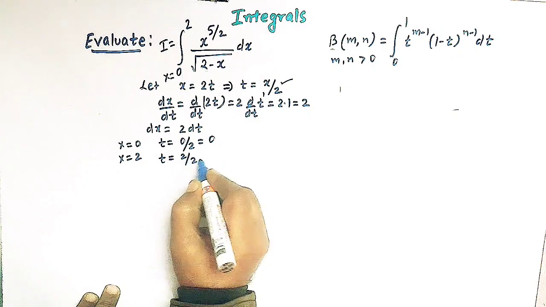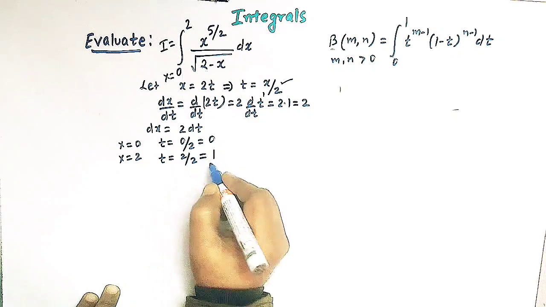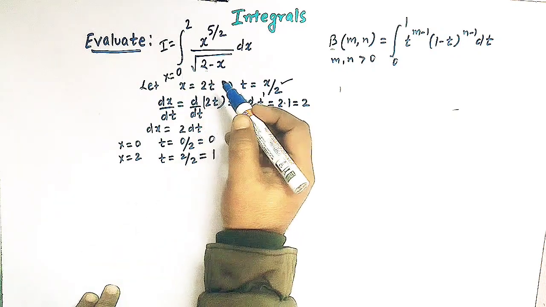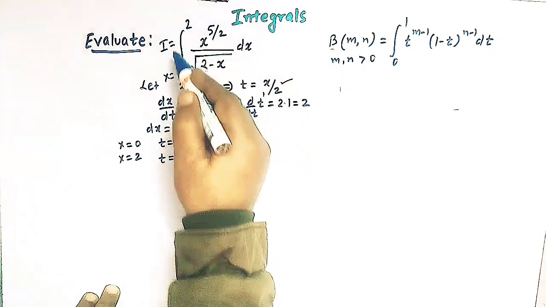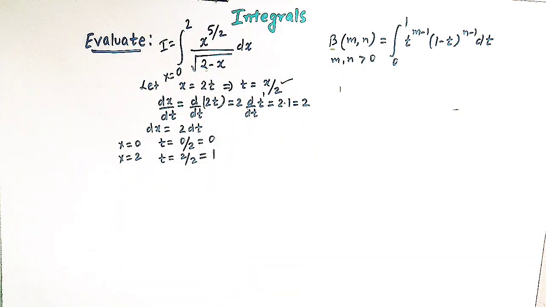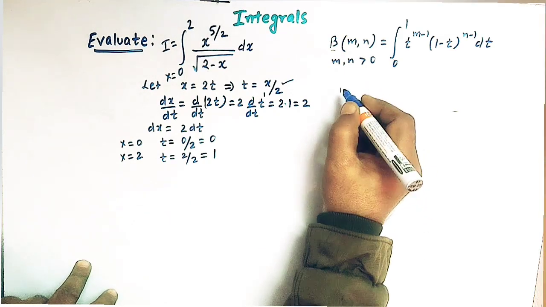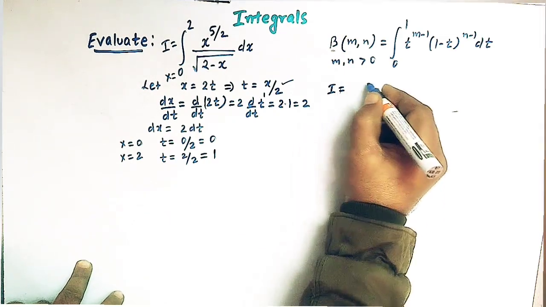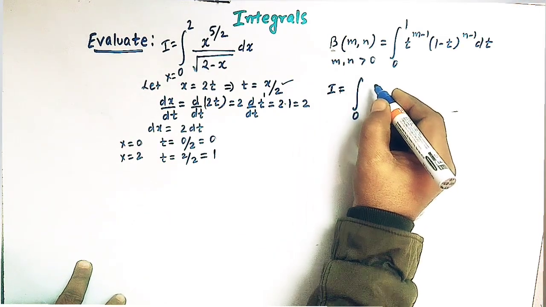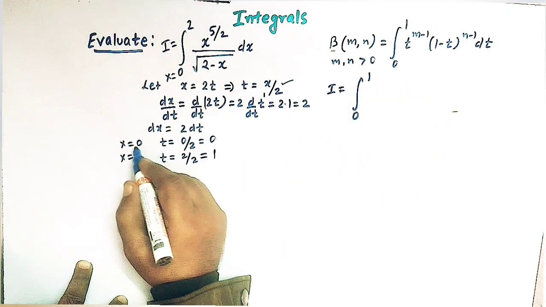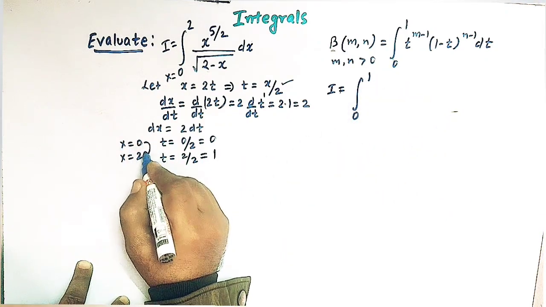So we have 2 over 2, that is 1, right? So now let us write this integral in terms of t. So now we can write the integral I as 0 to 1,